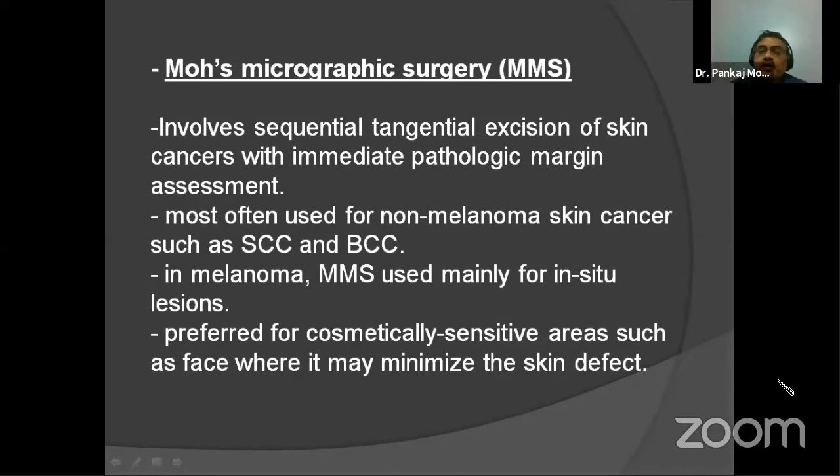So it is not a frozen for an actual biopsy. Yes, sir, it is kind of a frozen. You get a report immediately in the theater only. Previously it was like a histopathological answer, but nowadays you get on the table itself which margin is positive and which margin is negative. Basically, 4 areas, superior, inferior, medial, lateral, and even the base. All margins you get, even very small tissues, 1 millimeter of tissue. Not like in other tissues, where you get a 1 centimeter margin and you again excise 5 millimeter. Here very small thin tissues are sent for the frozen section.